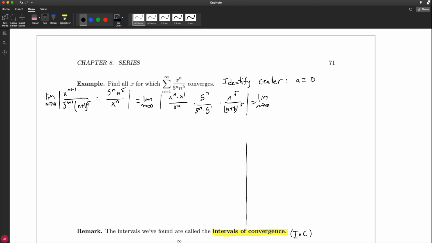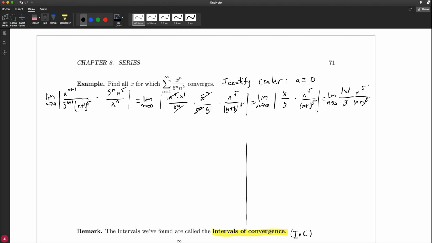All right, let's see. Well, the x to the n's cancel. The 5 to the n's cancel. So you'll notice I have absolute value x over 5 times n to the 5th over n plus 1 to the 5th, all in absolute values. The only thing that really needs the absolute value here, everything else is positive, so the only thing that needs the absolute value is the x, right? This is the limit, n goes to infinity, absolute value x divided by 5 times n to the 5th over n plus 1 to the